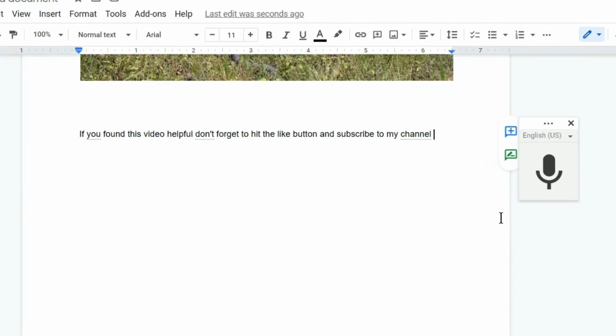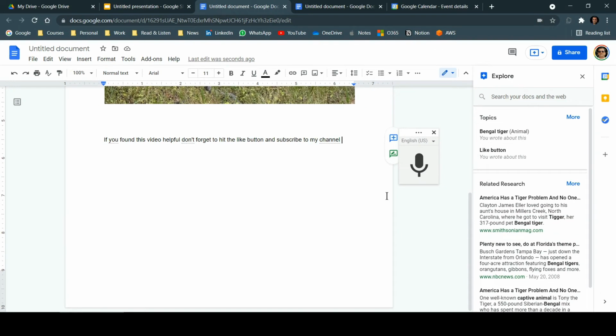You can still save a very good amount of time while using this particular feature whenever you are maybe lazy to type, or maybe you are busy with something and you just want to talk about it, and it will type for you. So this is another excellent feature within the Google ecosystem, and it works in all the applications within Google: Docs, Google Sheets, Google Slides, everywhere. Whenever you are using the Google ecosystem, you will be able to use this particular feature.